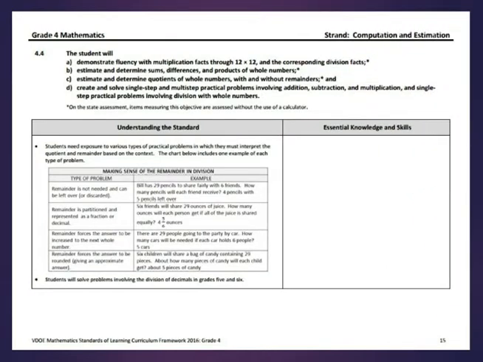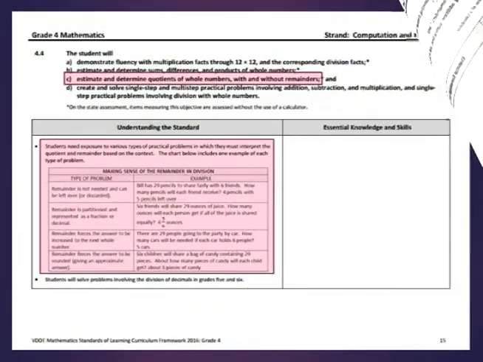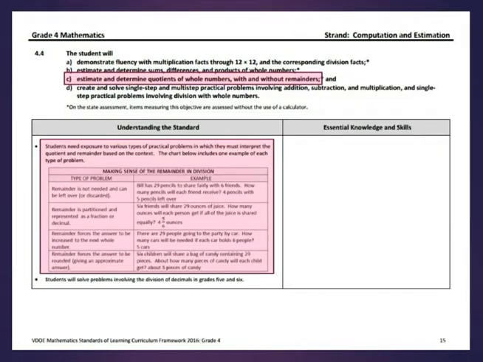The information we will be referencing is found on page 15 in the Grade 4 VDOE Mathematics Standards of Learning Curriculum Framework. Specifically, we will focus on the chart found in the Understanding the Standard column titled Making Sense of the Remainder and Division. In the examples we use today, the dividend and the divisor will remain the same in order to emphasize the different way students need to be able to make sense of the remainder based on the